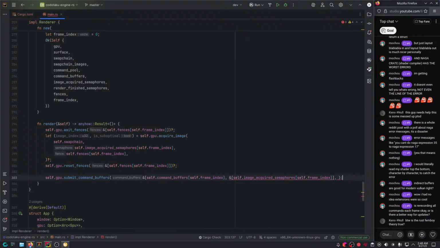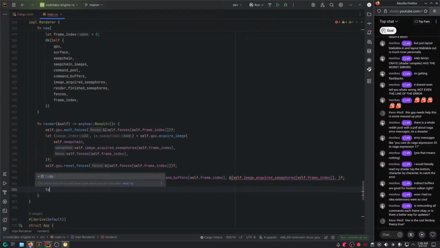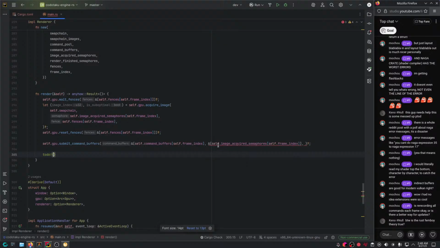And here the signal semaphore. I'm not sure why the wait. And GitHub Copilot didn't want to install for some reason. Fine. Now what's up? Expected, found. Why?